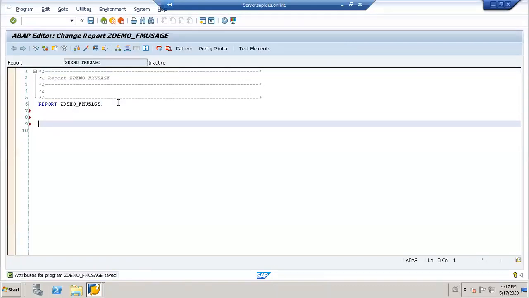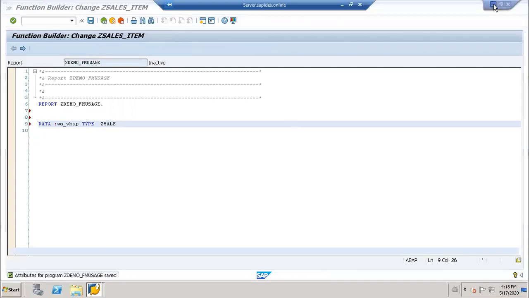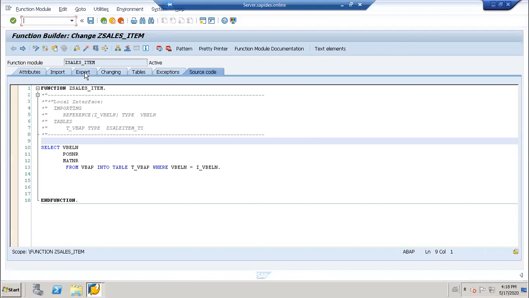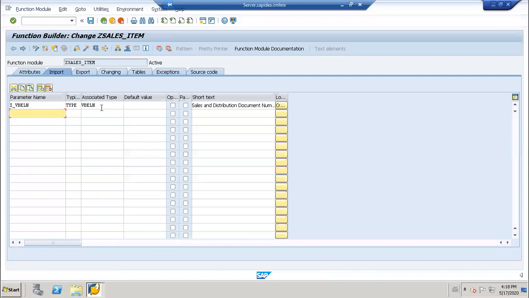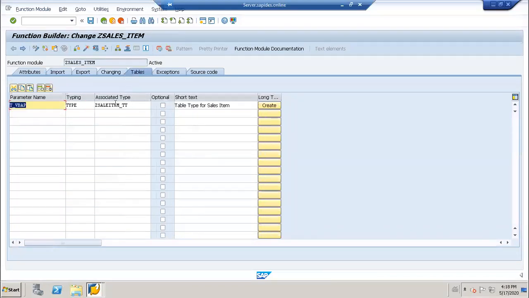Here what I'll do, I will just take data, because already I created a structure, right? So I can create a work area and a table, standard table. What is the structure I just created? That sales item, right? Go to import.